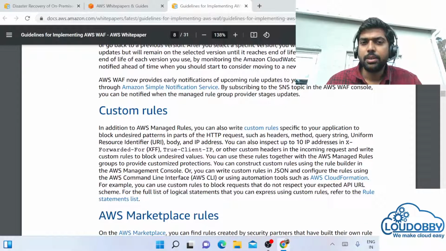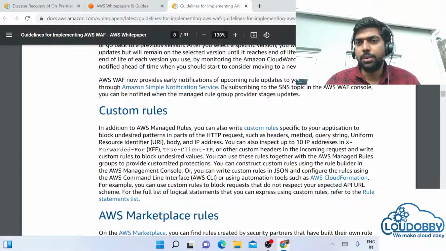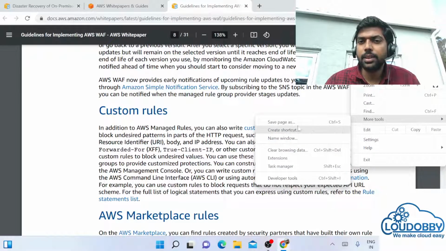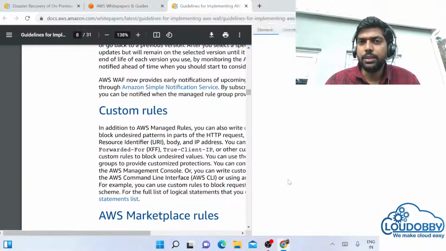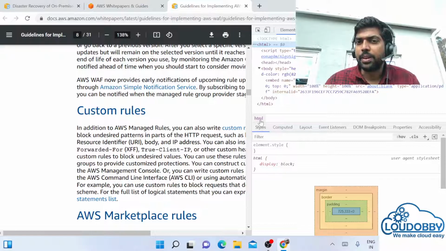Then custom rules. Custom rules are nothing but a specific rule you make for your application to block HTTP patterns, headers, URI, body, IP. So there are a lot of parameters. If you see how the web page is requesting, if you go to the developer tools in your browser, you will see a lot of things, right? There is a header. Basically this is our HTML code, the HTTP protocol which is used to connect.